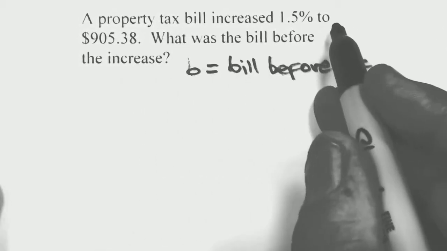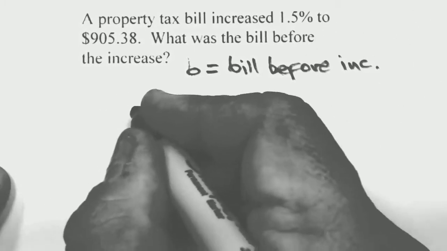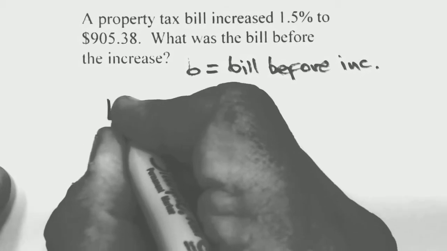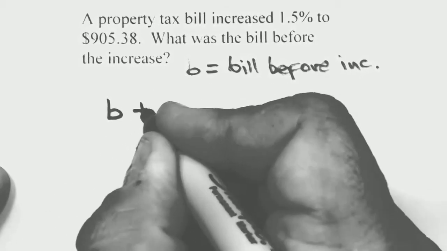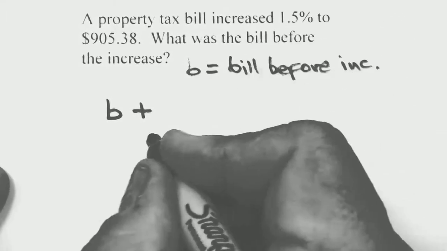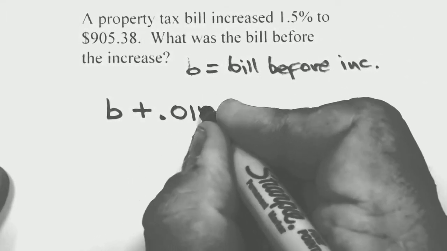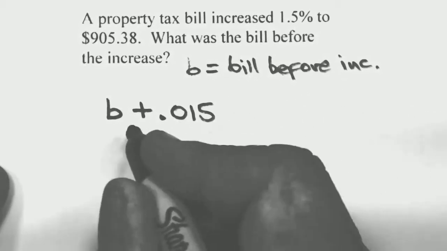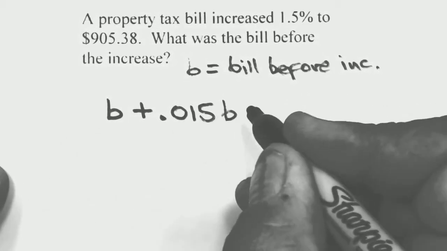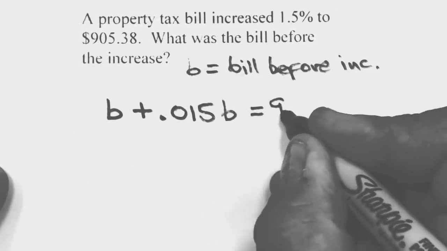Since we're having it increased here, it's like a sales tax. So we had the original bill, and they're adding on to it another 1.5%. Now convert that to a decimal. Remember, it's going to be 0.015. Make sure you get that correct. And then, of course, times the B. And that's going to equal what you're paying now, which is the